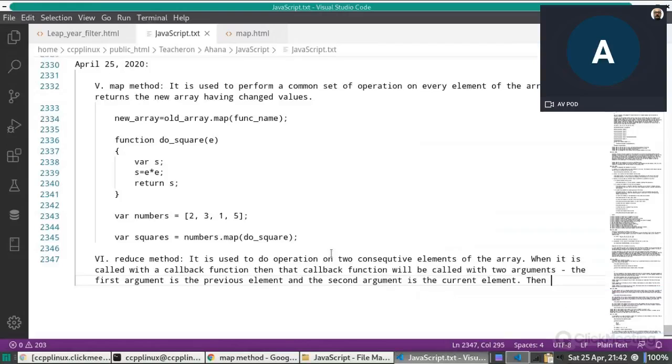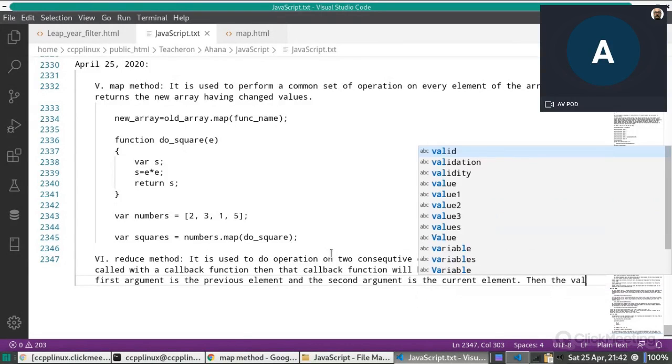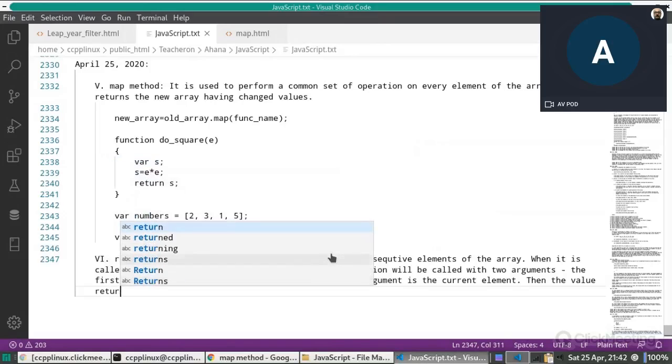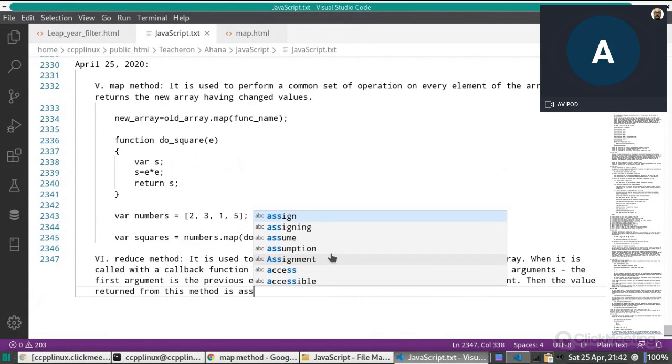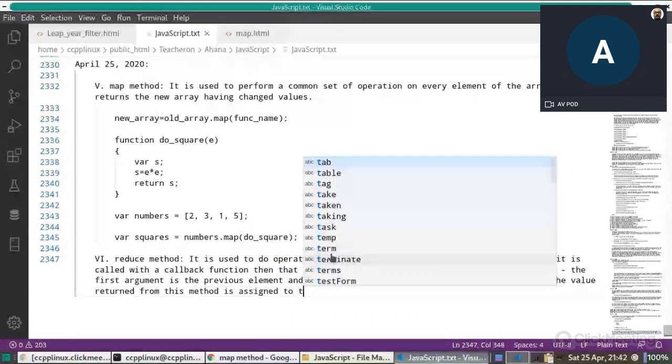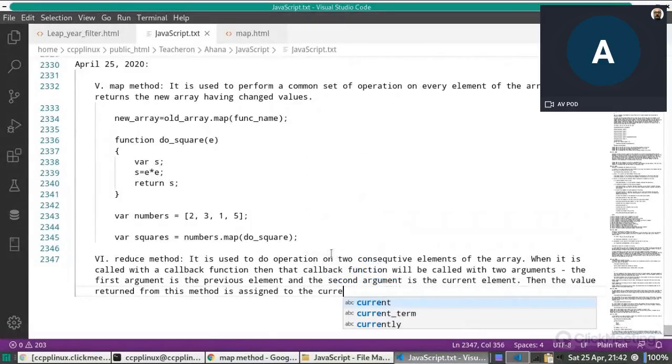Then the value returned from this method is assigned to the current element.